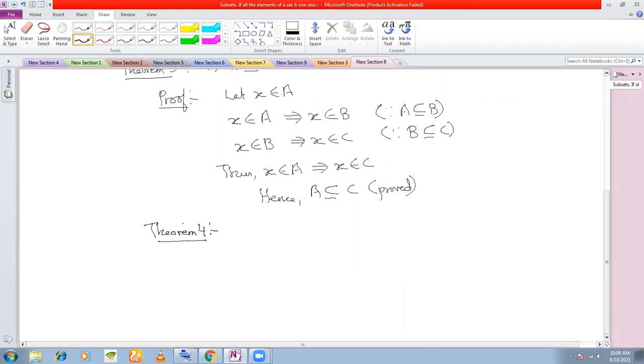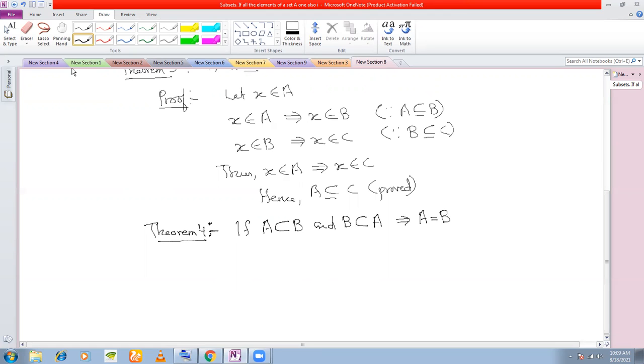Also a very important theorem. It is used to define, and to prove a lot of results. That if A is a subset of B and B is a subset of A, then A must be equal to B. Very important. If A and B are two sets such that they are subsets of each other, A is a subset of B and B is a subset of A, then we can say A and B both must be equal. Very important result. You can also prove this result with the help of the mathematical definition of subsets.